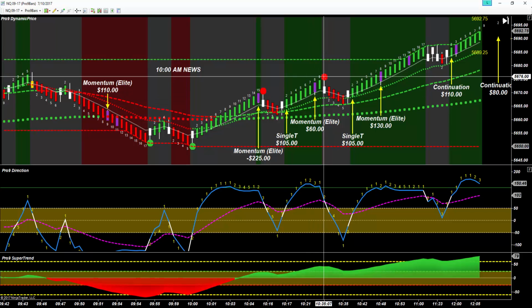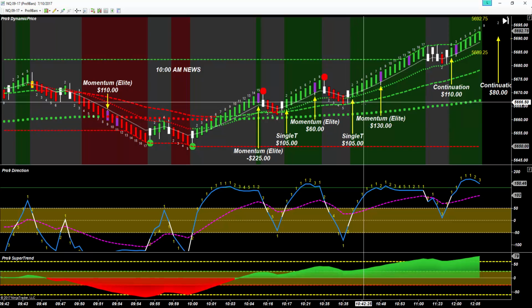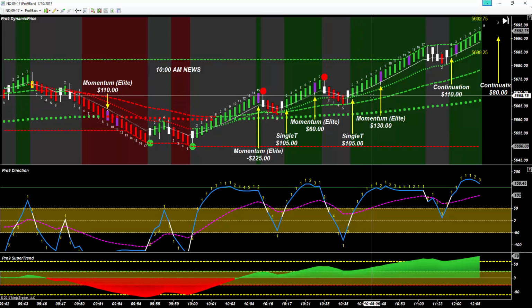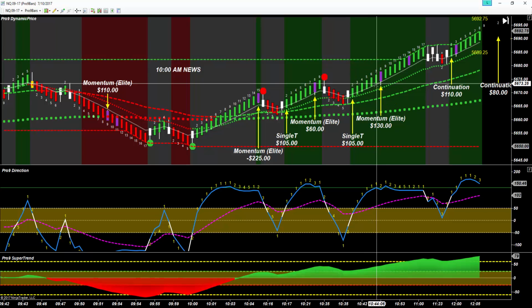This one goes 7 ticks, which is enough for us to hit our profit target with the runner getting stopped out at break even. Then we have another single T. This one hits profit target before the close of bar 4, can begin trailing at the low of the previous bar at the close of bar 6, adjusting to the low of bar 7 after it closes and getting stopped